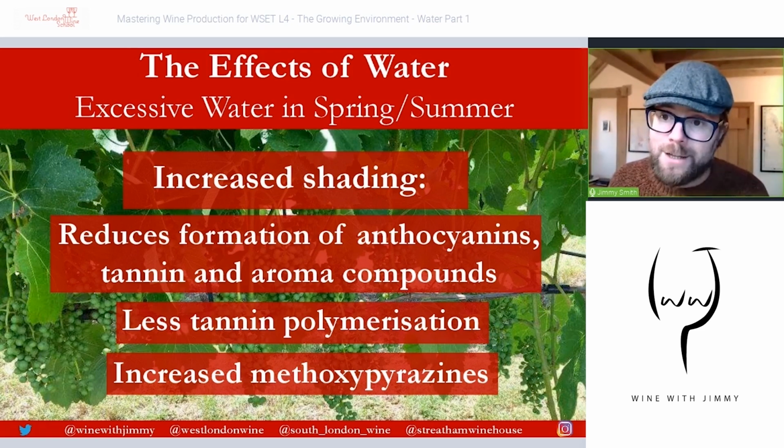Remember, tannin accumulation happens before color change, so it increases, but then it ripens, develops, or polymerizes after veraison. So if it doesn't fully polymerize, that's what will be quite green and astringent and bitter at the end of the day. Also, higher levels of